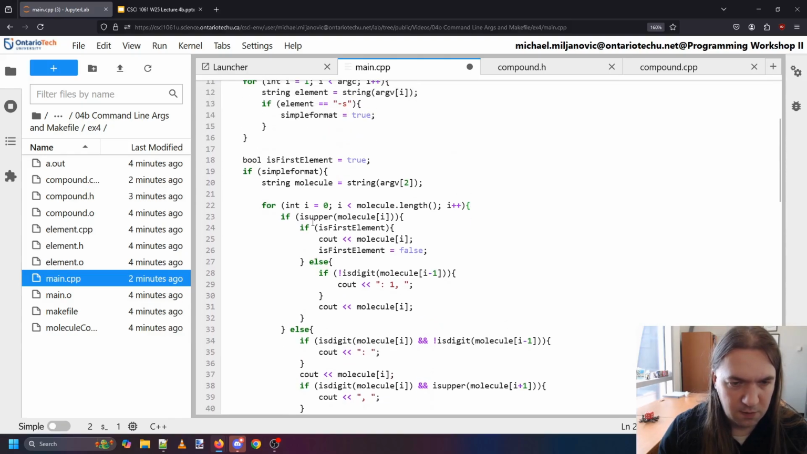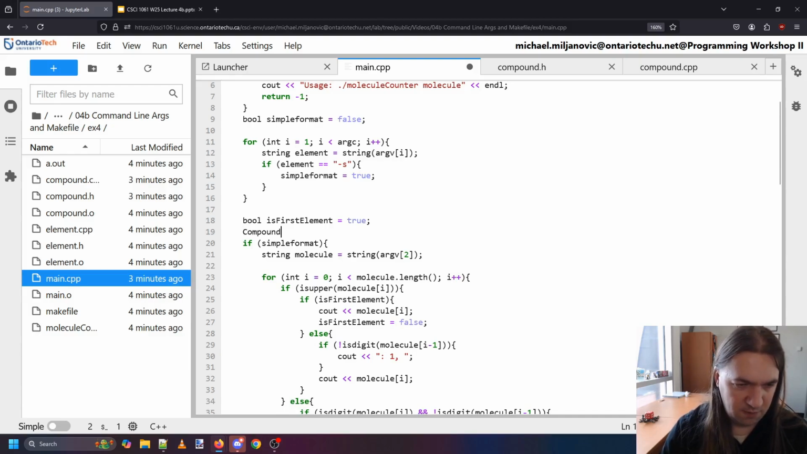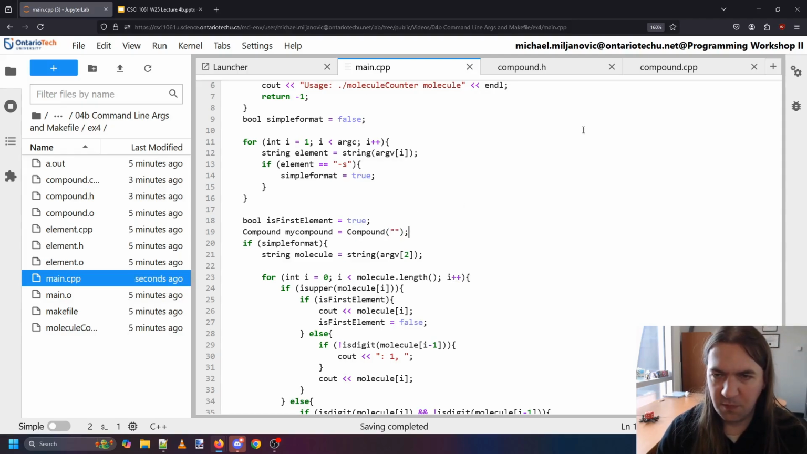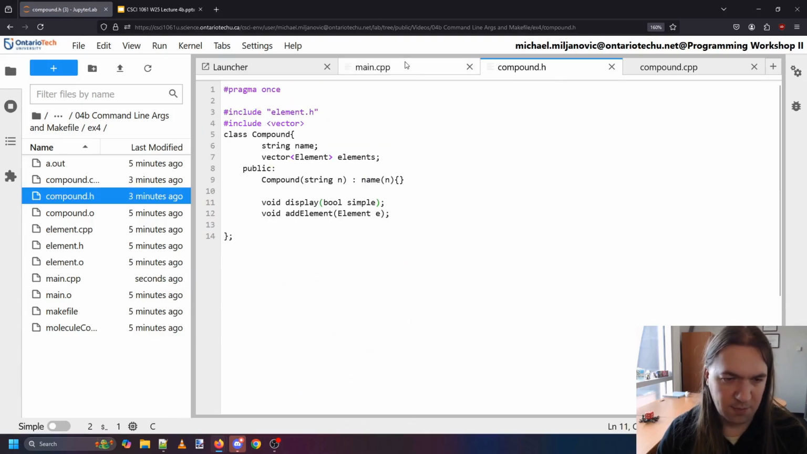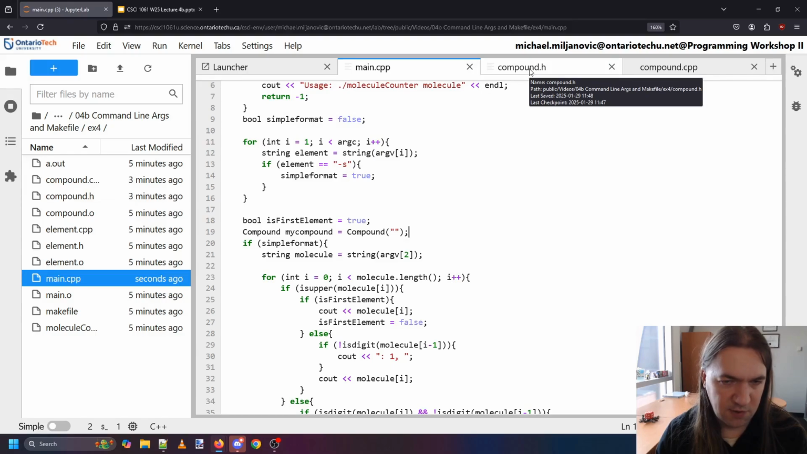Okay. So what if, instead of printing things out, I store them as strings and then use them to build elements and then put them into my compound? So I think we can maybe make something out of this. So let's say compound my compound equals compound, because I have to use the constructor with a name, but I don't need to give it a name, that's fine. Now what I want to do